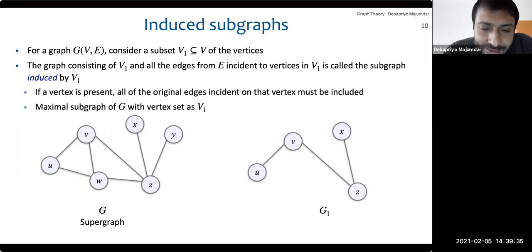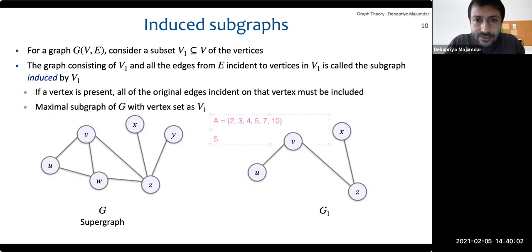So let's say another set. Let me actually write it down. I will say a set of numbers that are co-prime to each other. So let's say I have the set A: 2, 3, 4, 5, 7, and 10. Now I want to take a subset B of A such that